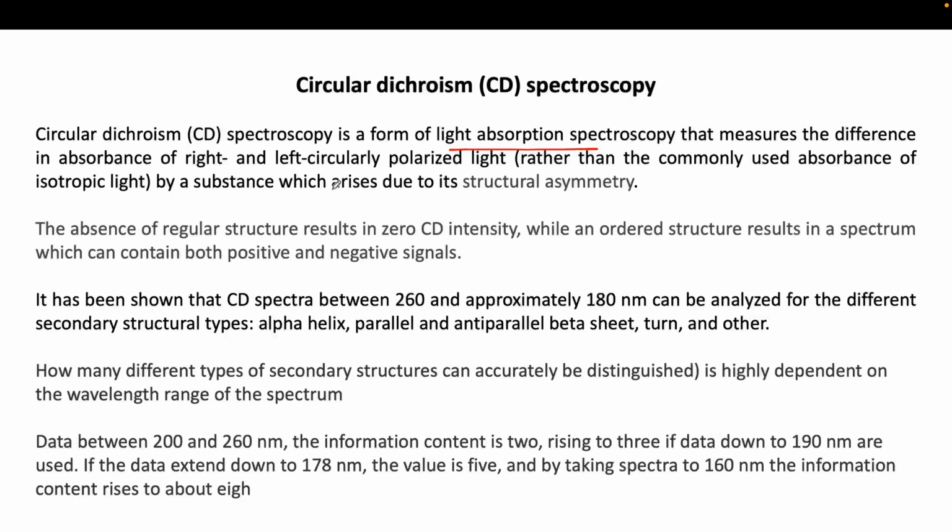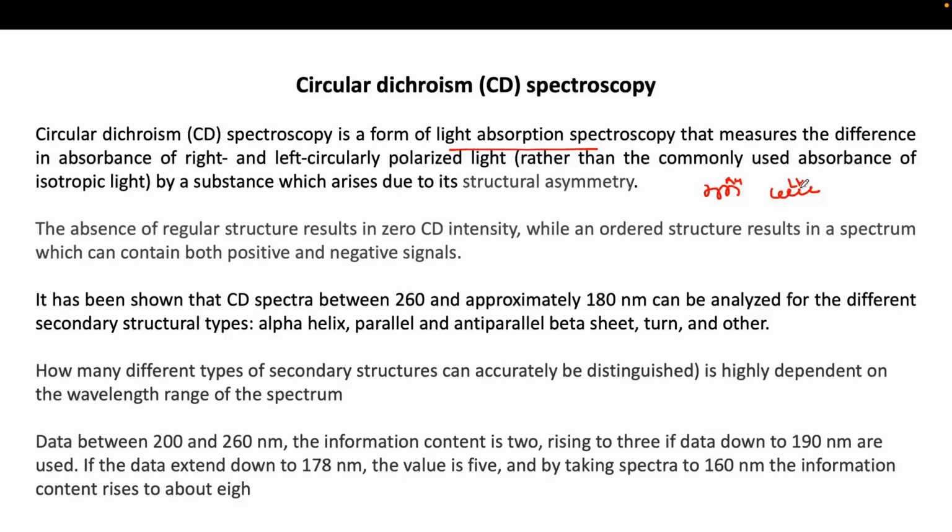So what happens in the circular dichroism spectrophotometer is that it absorbs circularly polarized light, meaning right handed, or you can say clockwise moving light, as well as anti-clockwise moving light. So this is the right handed circularly polarized light, and this is the left handed circularly polarized light. So when you pass a light, then according to the structural